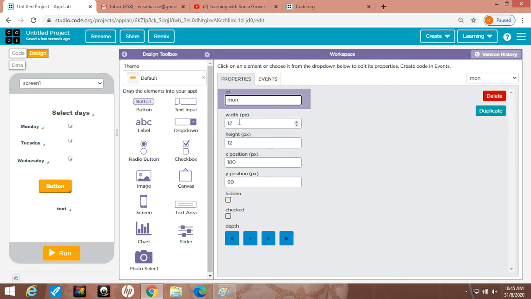The ID of this checkbox is Monday, MON. Now you can write checkbox also. Otherwise, simply you can take CB for checkbox. Monday CB. Here I am taking Tuesday CB. Then I am taking here Wednesday CB, like this.